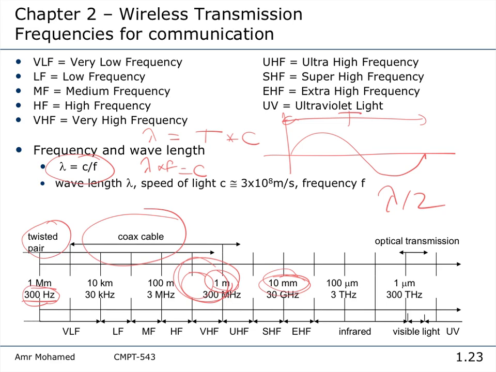So these physical properties have to be clear in your mind, because then you can answer questions like, for example, why don't we have low frequency communication for cellular communication? It will have larger range, and it will have better penetration, and I will not have to talk about multipath fading. I don't have to talk about this because the signal does not reflect from any obstacle. It penetrates anything. Right? But this is not possible.